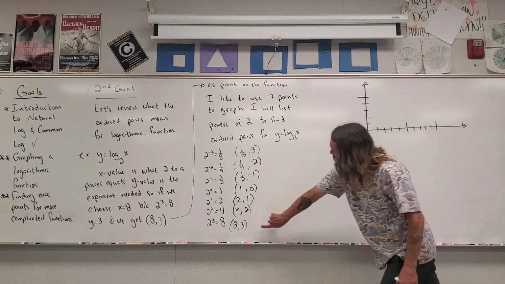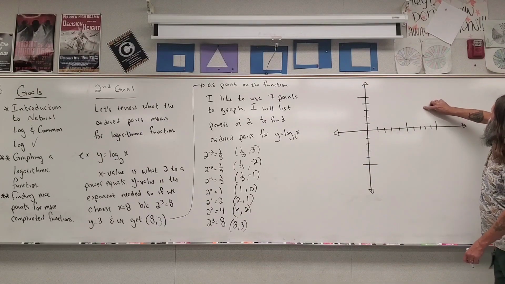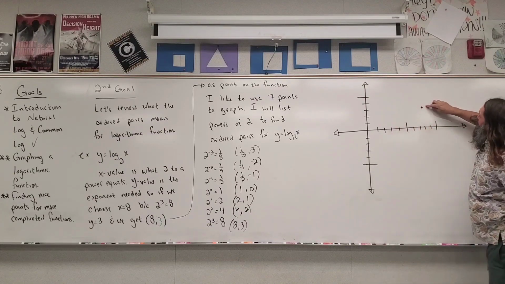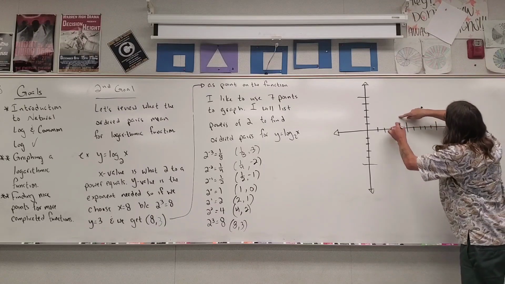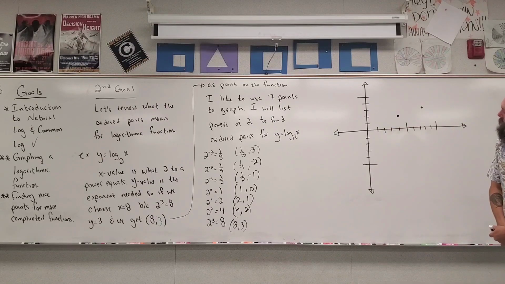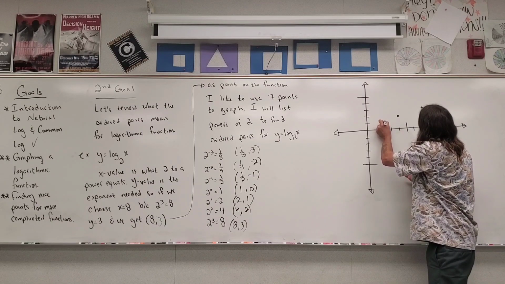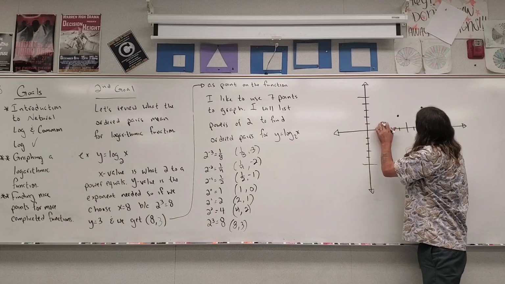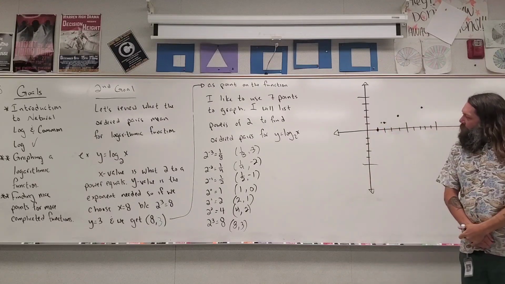I'll start with this one. 8, 3. Okay. Right there. Okay, 8, 3. 4, 2. 2, 1. 1, 0. So slide over just a little bit. 1, 0. And now we get into the negative